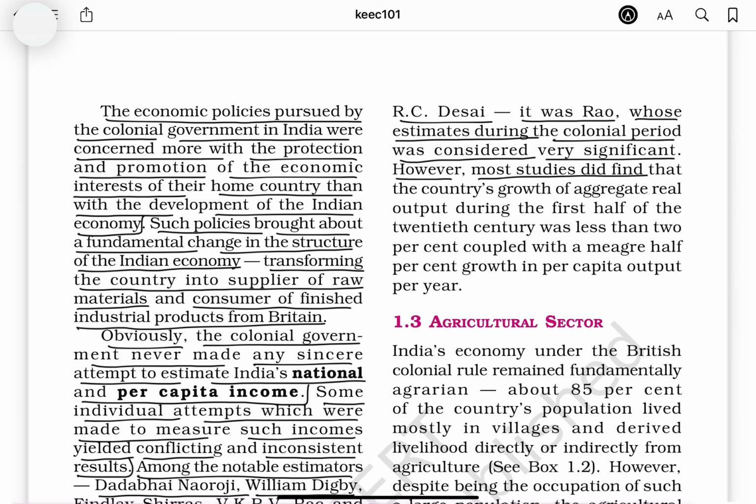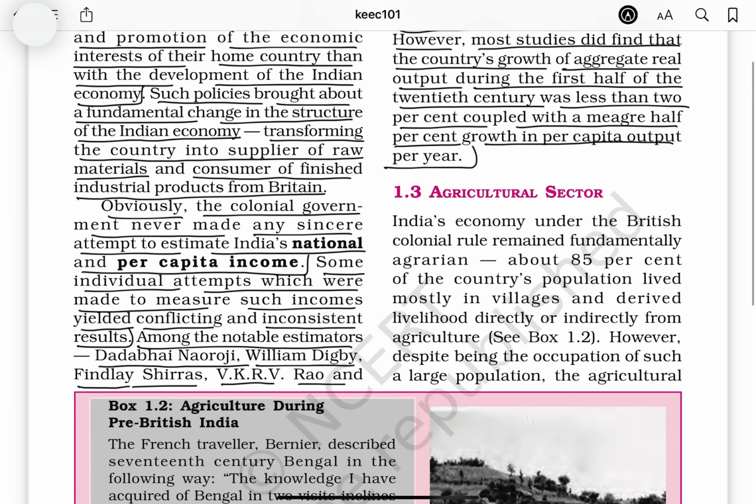However, most studies did find that the country's growth of aggregate real output during the first half of the 20th century was less than 2%, coupled with a meagre half percent growth in per capita output per year. सबसे पहले किसने निकाला था? दादा भाई नौरोजी। ठीक है।